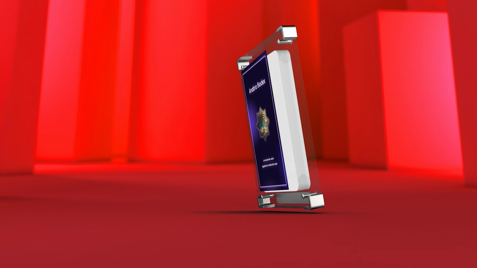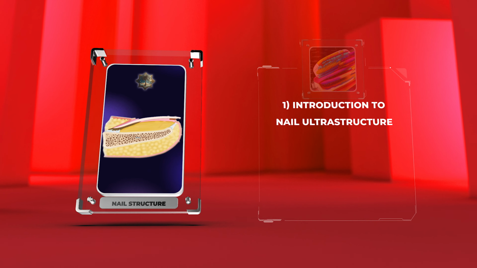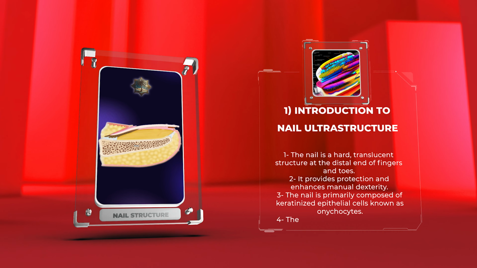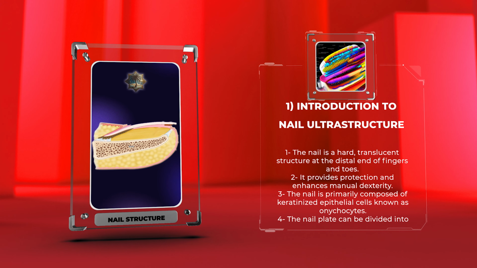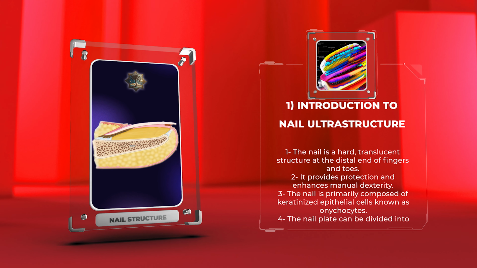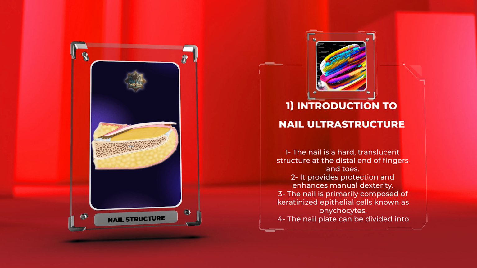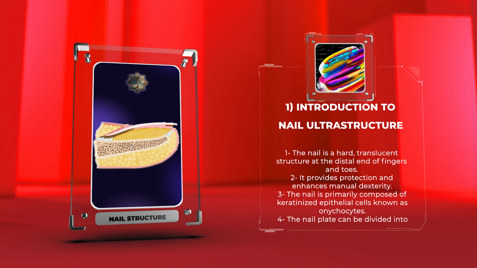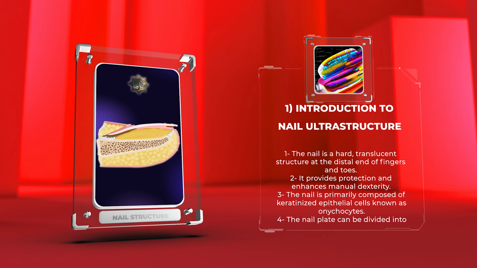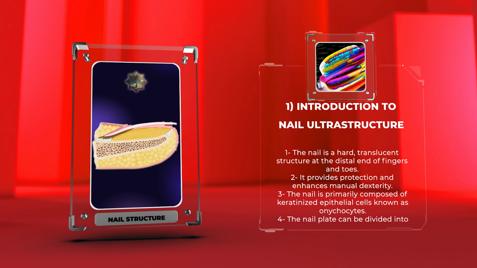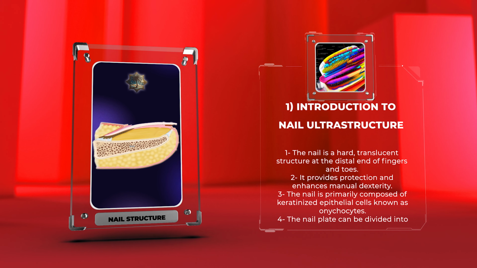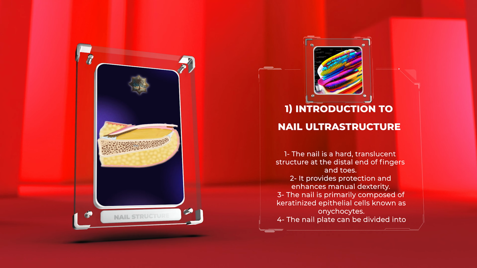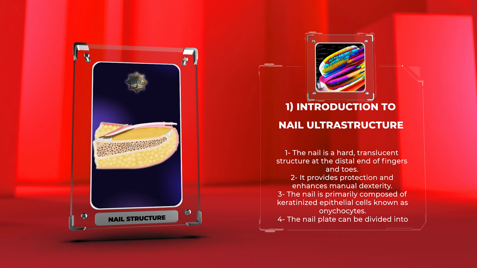The nail, also known as the nail plate, is a hard, translucent structure located at the distal end of the fingers and toes. It provides protection to the underlying tissues and enhances manual dexterity. The nail is primarily composed of keratinized epithelial cells, known as onychocytes, which are organized in layers. The nail plate can be divided into several regions, including the free edge, the body, and the nail root. The free edge is the part of the nail that extends beyond the digit. The body is the visible portion of the nail, while the nail root lies beneath the skin and is responsible